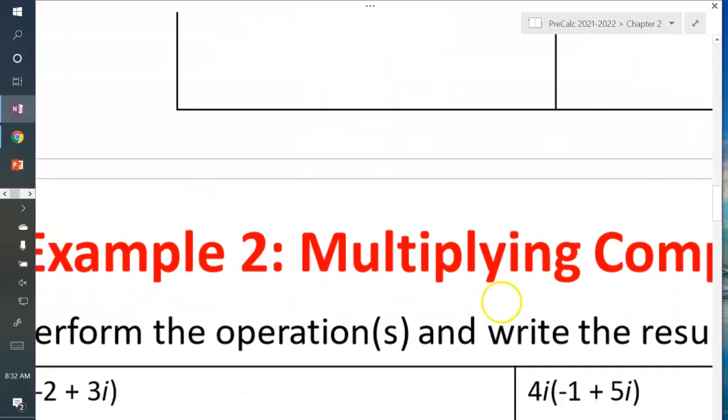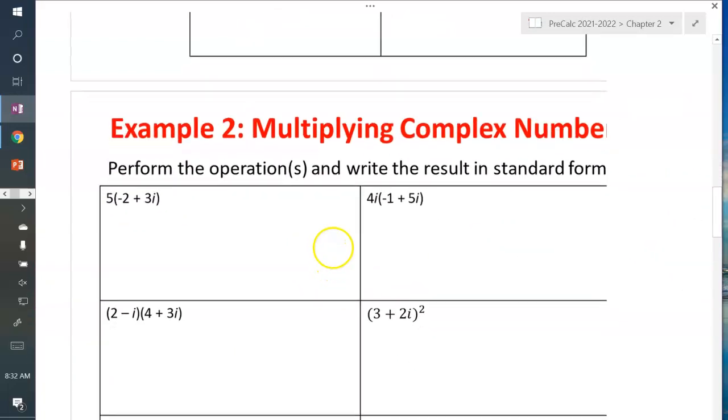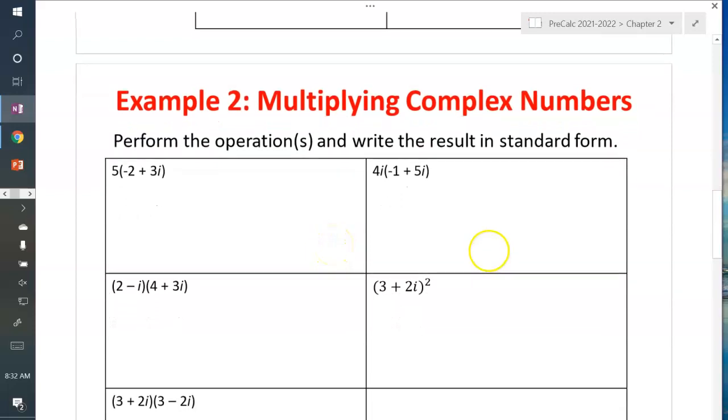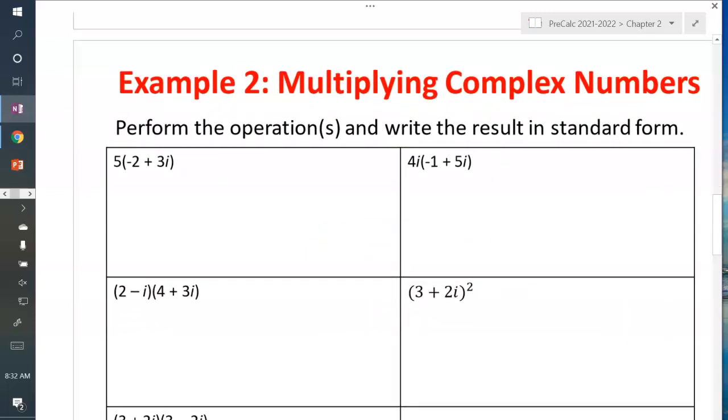All right, next one is multiplying complex numbers. This works the same way as when you're multiplying polynomials. So just think distribute. So I have 5 times -2 plus 3i. I'm going to distribute that 5. That gives me -10 plus 15i. And I'm done. Now on the next one, I have 4i times -1 plus 5i. So distribute that 4i. That gives me -4i plus